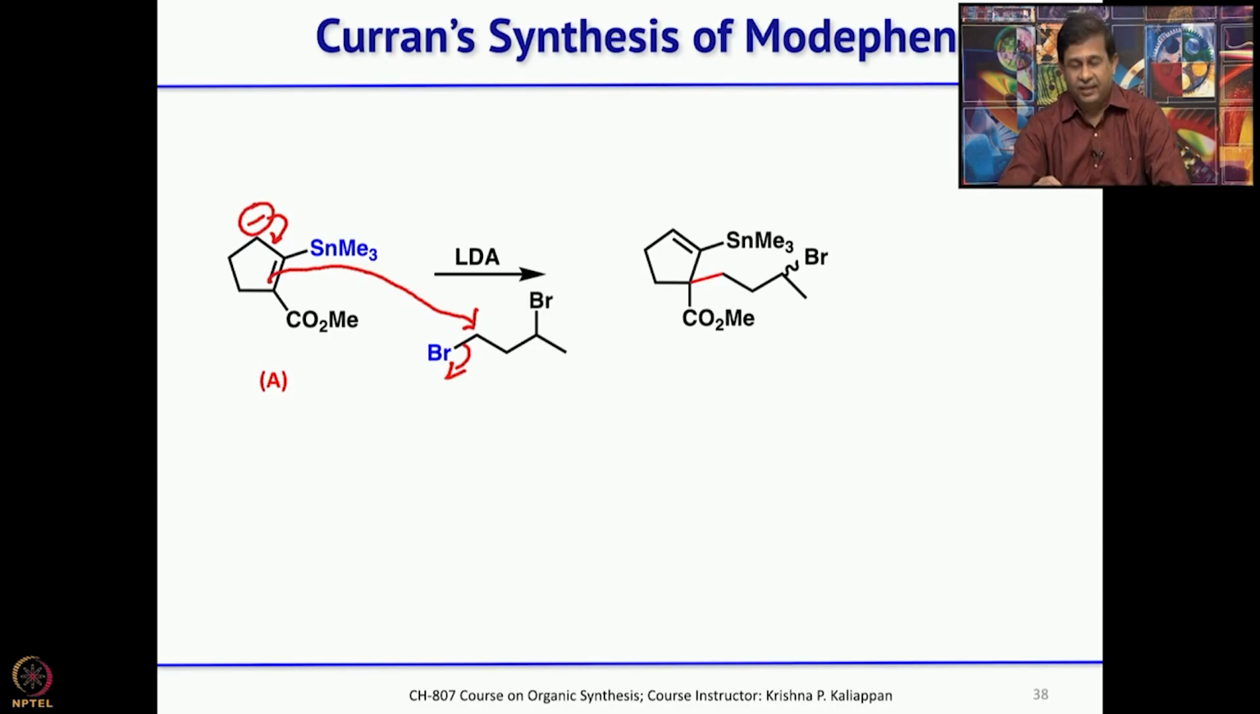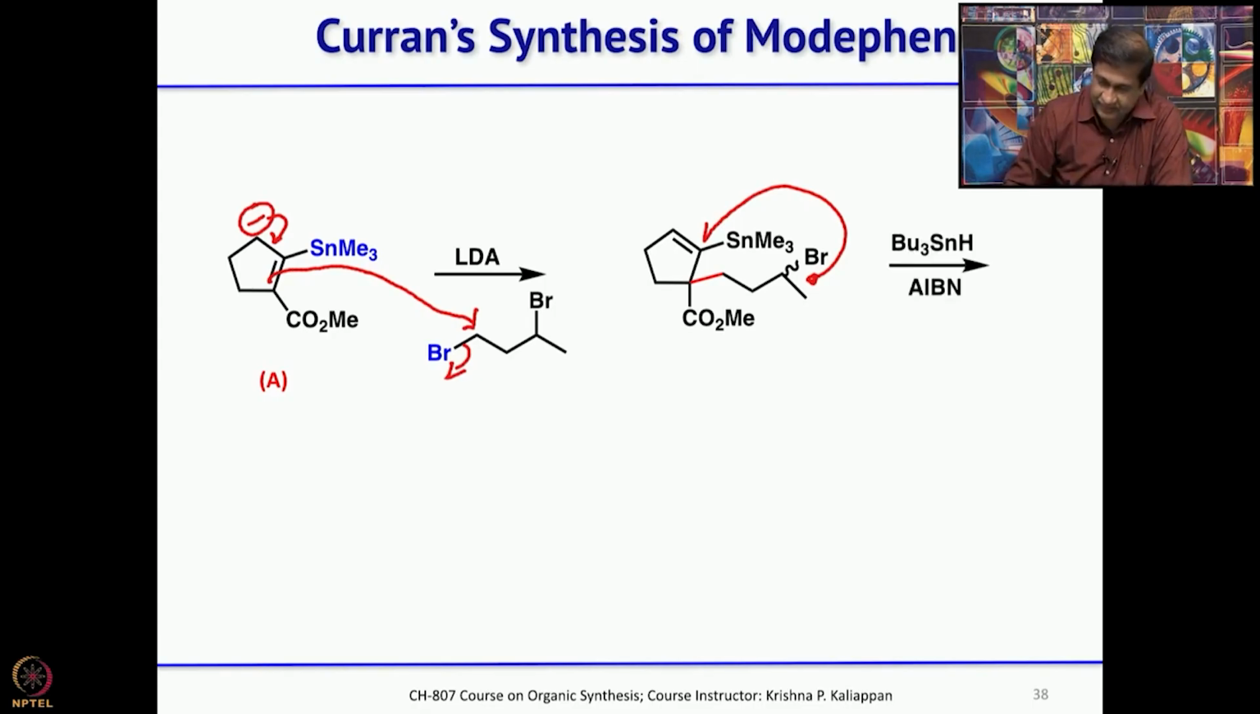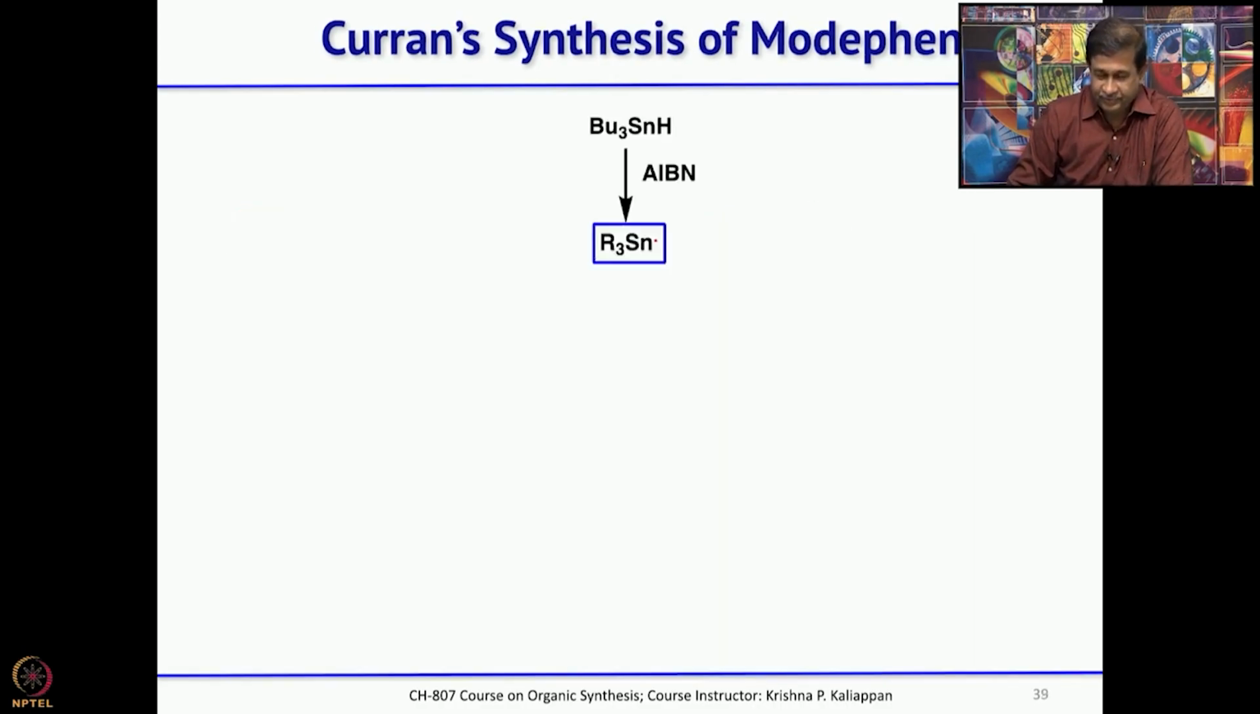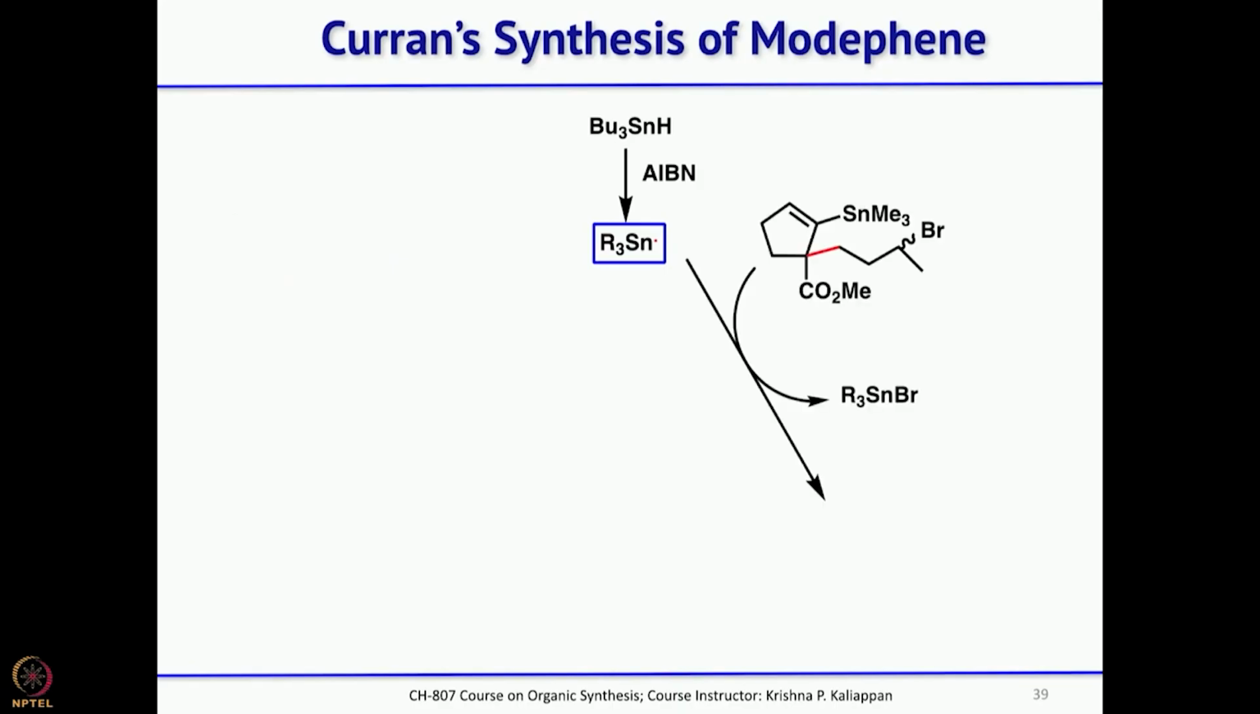His idea was, now if you can generate radical here, that radical can undergo 5-exo cyclization, and when it comes back, the trimethyl tin radical will come out. That way you have the double bond still intact. So with this, he treated with tributyltin hydride in the presence of AIBN. So he got exclusively this product. How did he get? The tributyltin hydride first generates the tributyltin radical, and it exchanges with bromine. So you get the